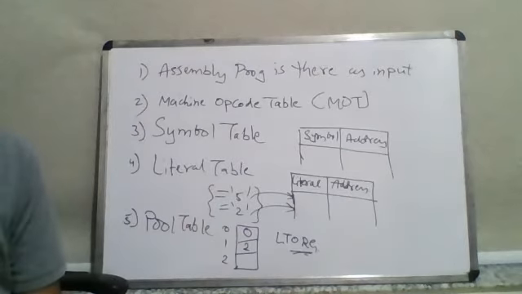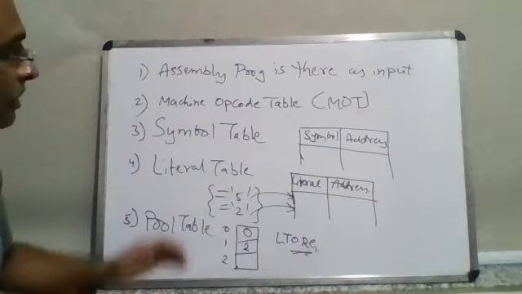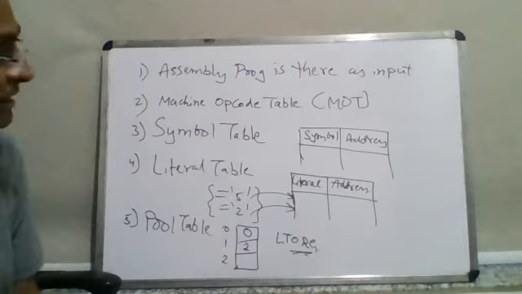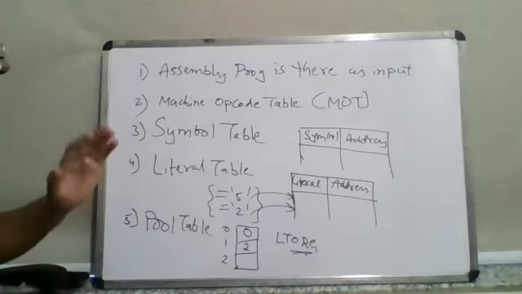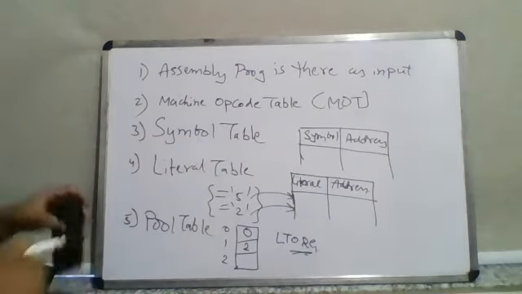Now, what we have seen is that there are some tables like the symbol table, literal table, pool table, then the MOT table, that is the machine opcode table, and so on. And the assembly program is going to be the input to any of the assemblers. Before we go into the details, we should understand what the MOT table is all about, and then we will see some basic examples of advanced assembler directives, so that you will come to know the types of statements which could be there in your program, right? That will be made clear to you.